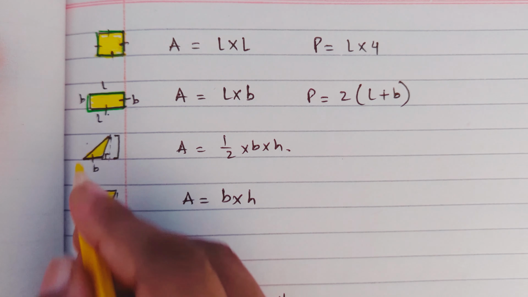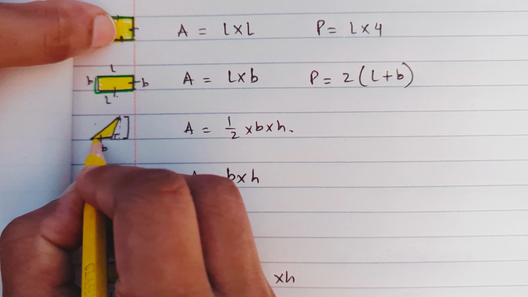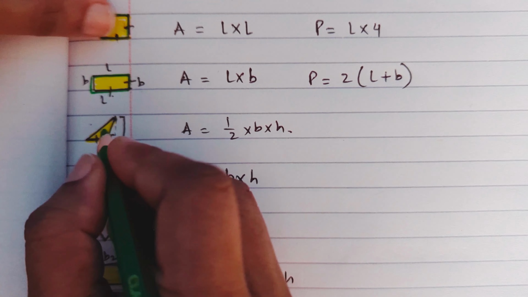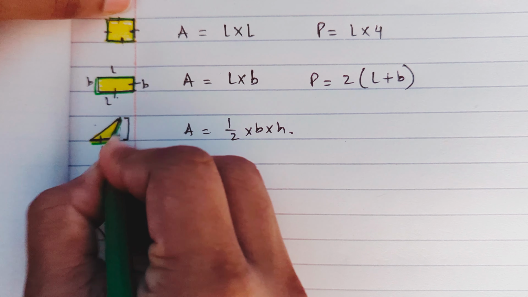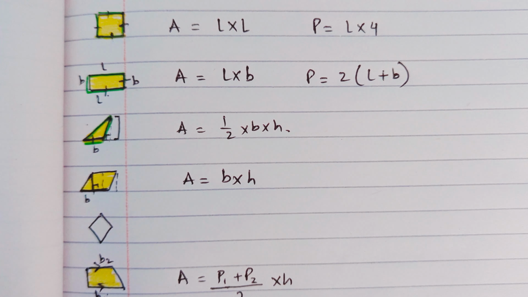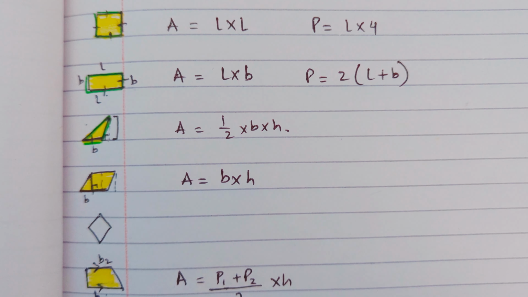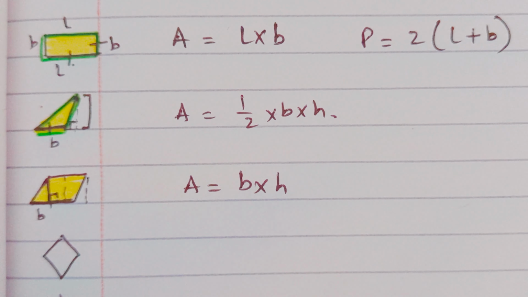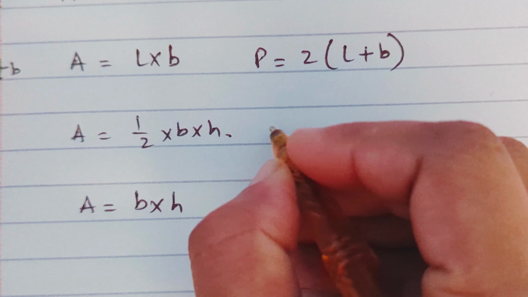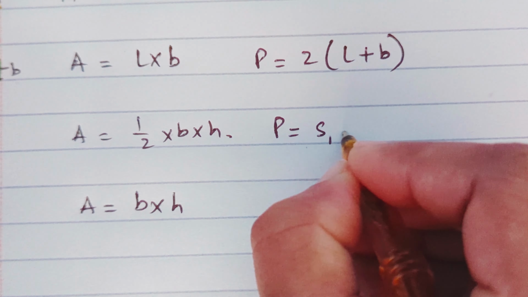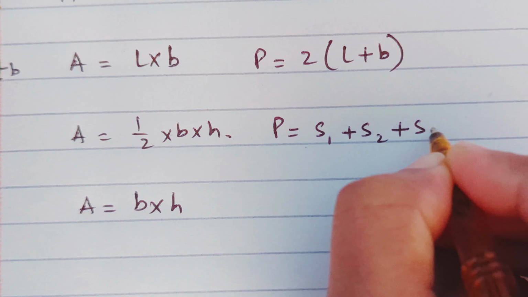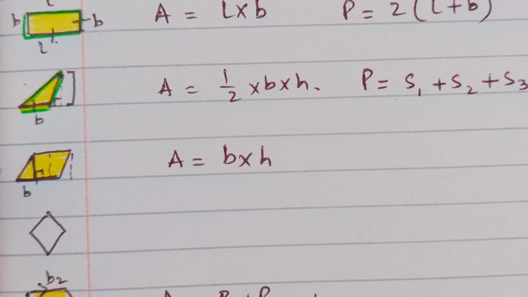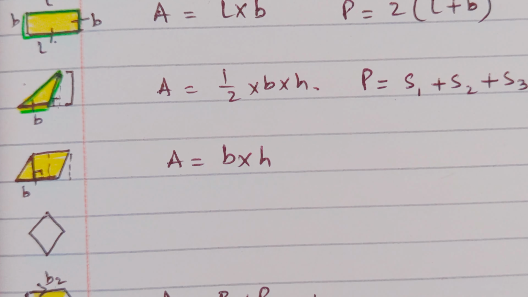For the triangle, it would be the sum of all the sides. Let's say this is A, B, C. We will not take the height in finding the perimeter. We simply have to take the outer parts. So for the triangle, the perimeter will be side 1 plus side 2 plus side 3. Okay, so you simply have to understand that the sum of all the outer parts for a shape or any